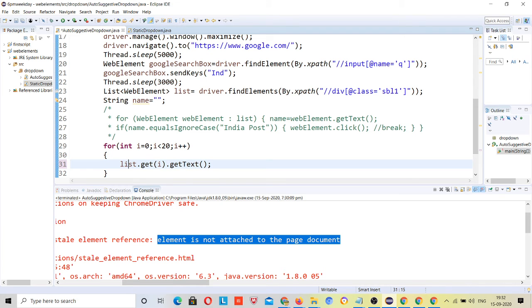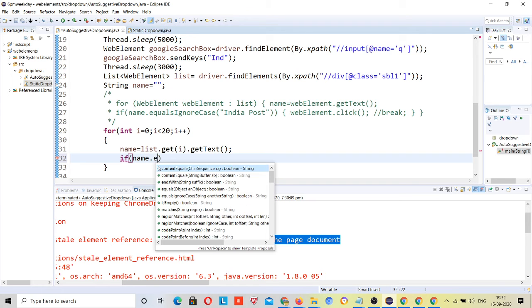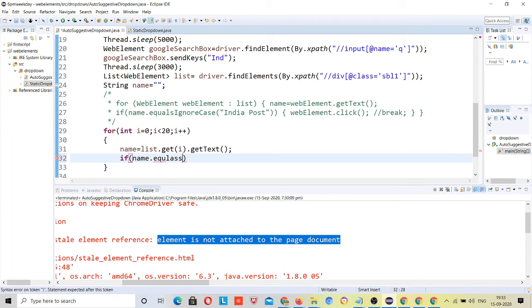And here name is equal to, I will get the name, right? Now I am doing the same thing with the normal for loop. If name dot equals India Post, right?